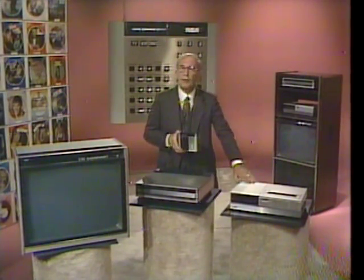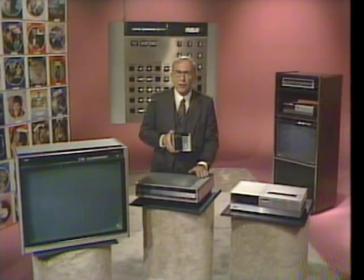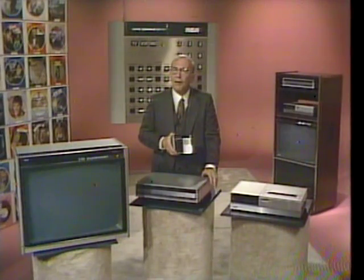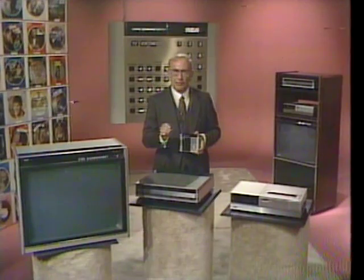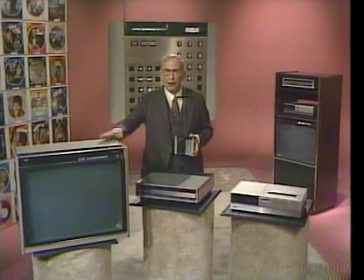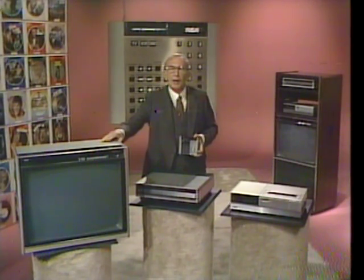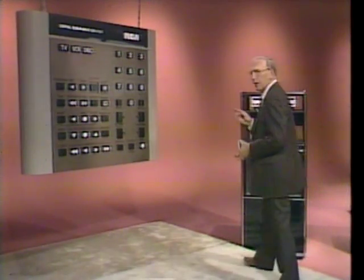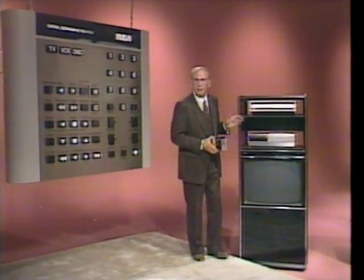From a VCR that's more than a table model and more than a portable, to a video disc player that has features and capabilities that can step them beyond pure entertainment and into the future of interactive video. But the nerve center in any video setup is right here at the television or monitor screen. Without a display device with the capability to complement, if not enhance, the performance characteristics of the components that feed it,